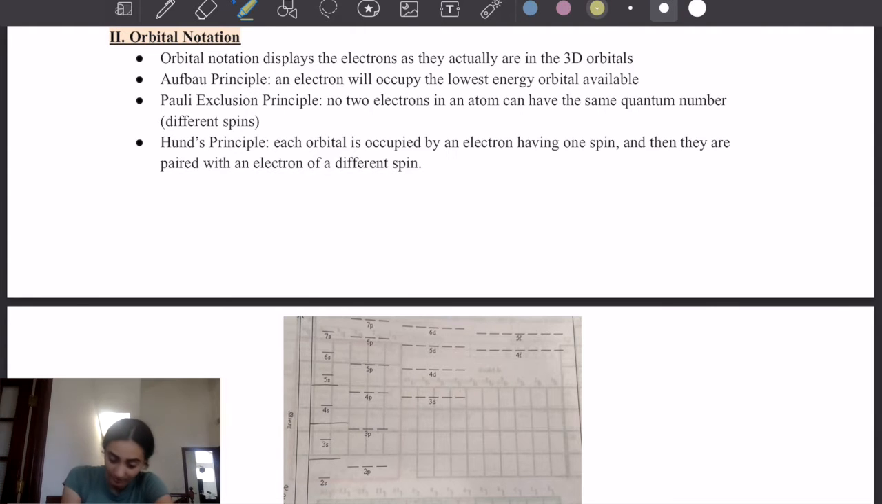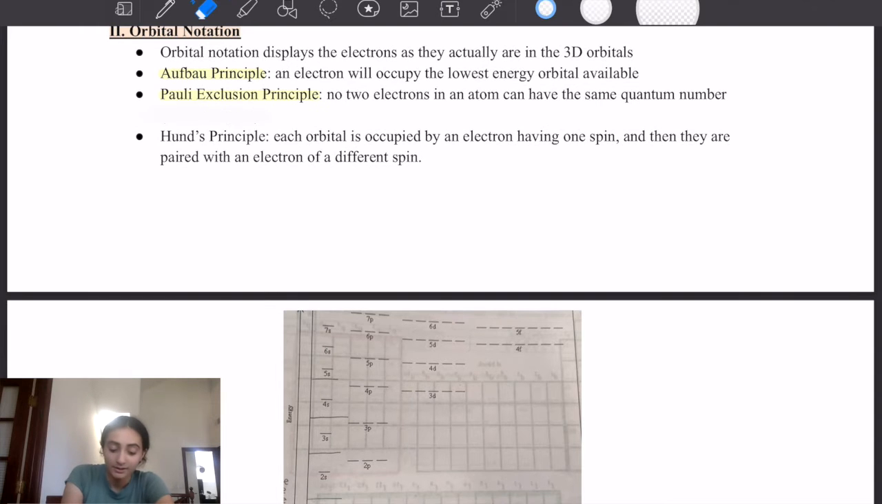We have the Aufbau principle, which says that the electron will occupy the lowest energy orbital available. Then we have the Pauli exclusion principle, which says how no 2 electrons in an atom can have the same quantum number. Thirdly, we have Hund's principle, which says how each orbital is occupied by an electron having 1 spin, and then they are paired with an electron of a different spin,